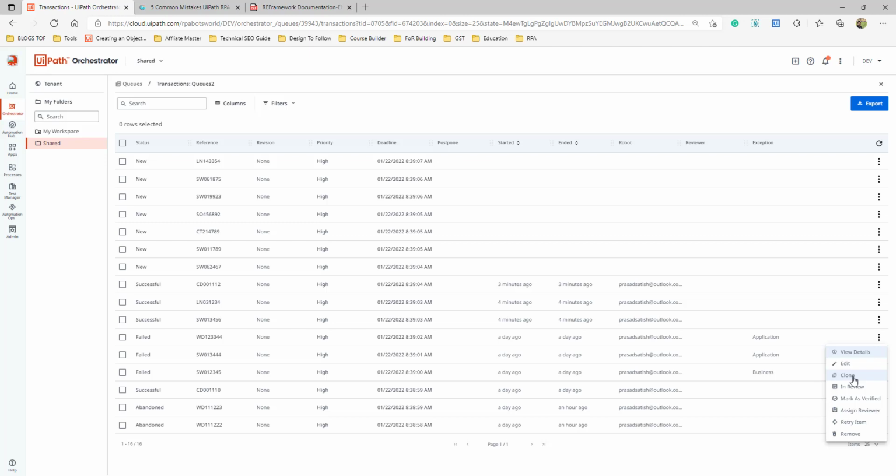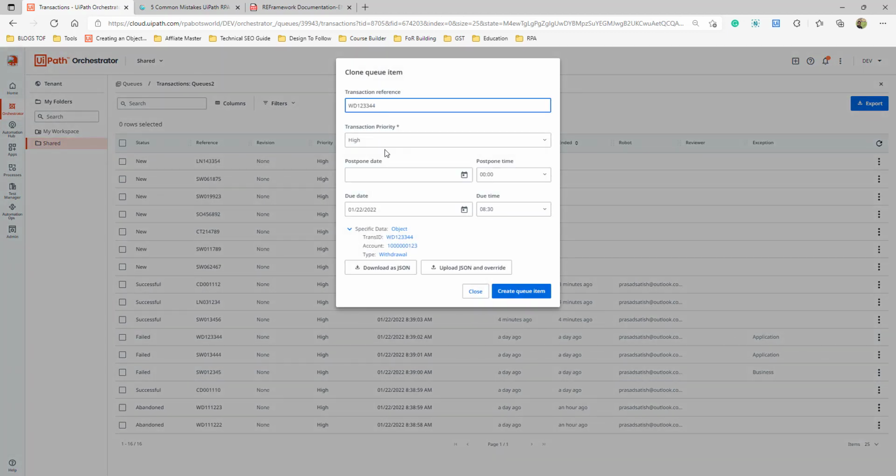You will copy this transaction as a new item, and when you clone it, a new one will be created. It will ask, and you should be able to change the dates and everything and create a queue item. It can't create it because the transaction items should not be the same.